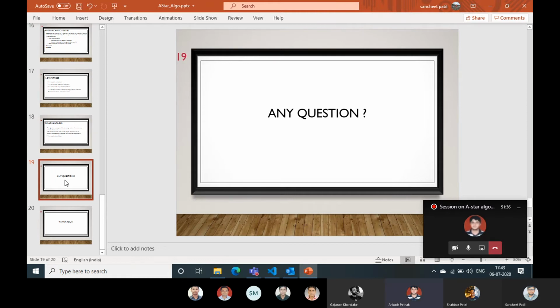So Sanchit, is this similar to the shortest path first algorithm or Dijkstra's algorithm? Yes, Samir. It is not exactly similar, but the same kind of work is done by Dijkstra's and shortest path algorithms as well. But one thing I would like to mention here is A-star will be backtracking the things.